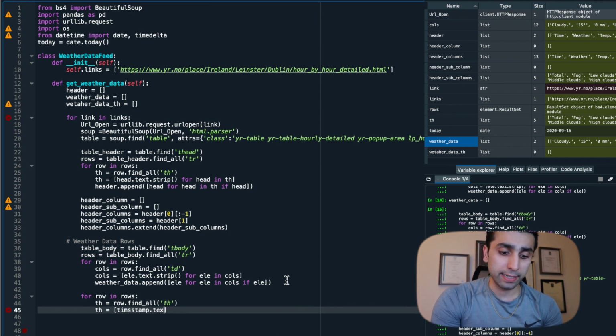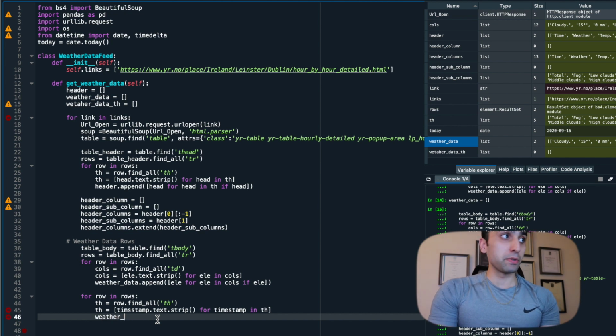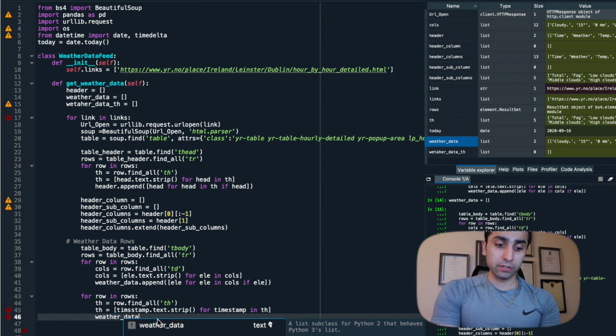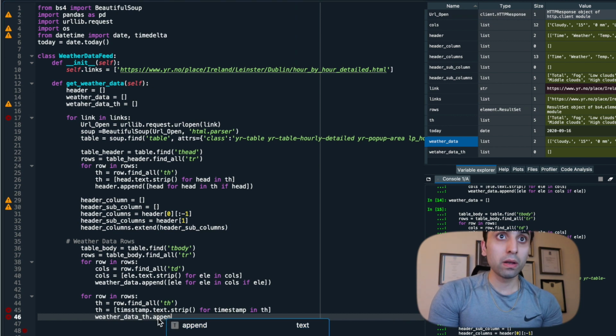Let's name it that, .text.strip(), call it. And then what I'm going to do next is for timestamp in the actual th. So once I do this, next I'm going to append these values to weather_data_th. As you can see, I've already created the empty list here. So what I want to do next is dot append, and within that I'm going to say